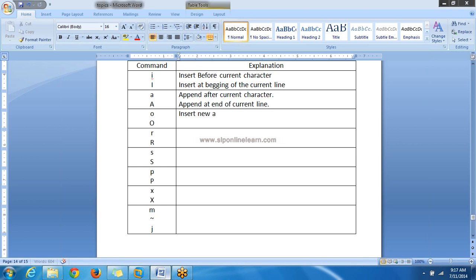Capital O inserts a new line before the current line. Here the current line is nothing but the cursor position line.